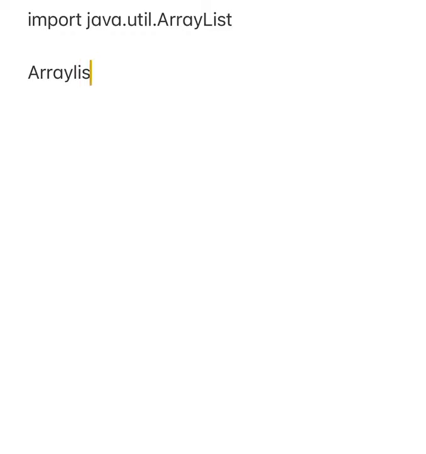So array list, and then you give it a name, equals new array list. And if you Google it online, just don't forget to do that import statement at the top of your code. It's pretty neat. You can do like name.add,